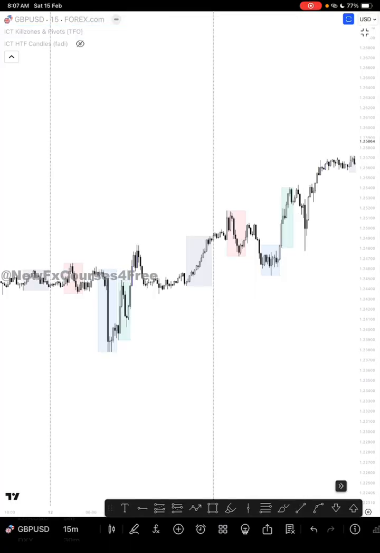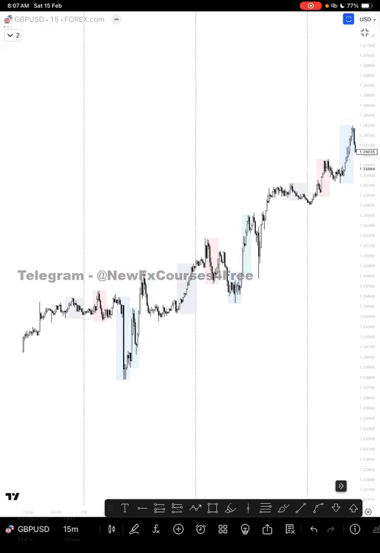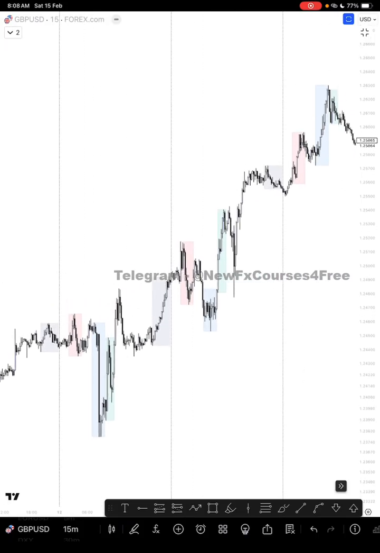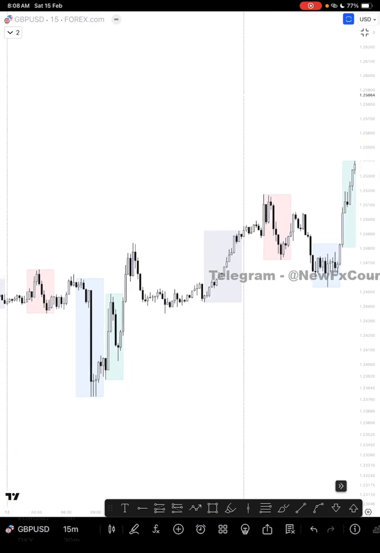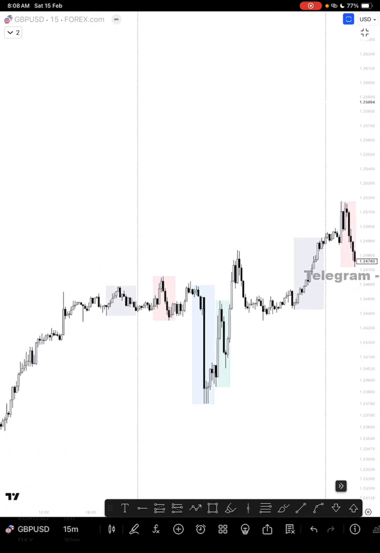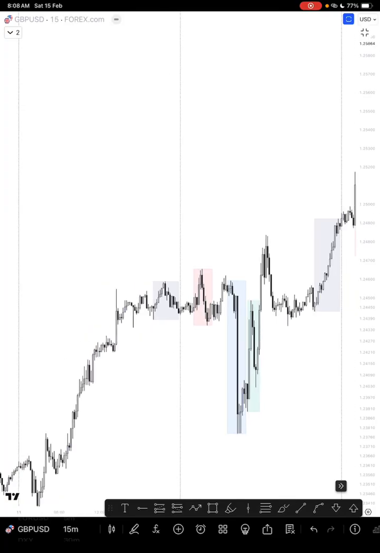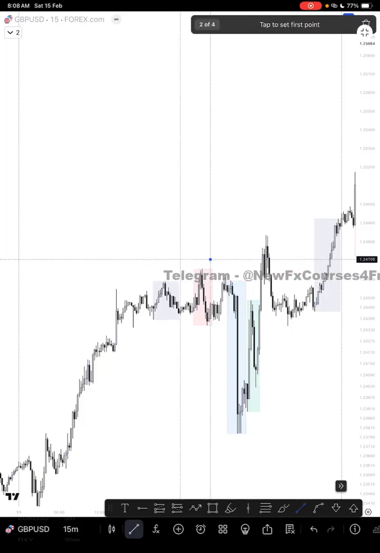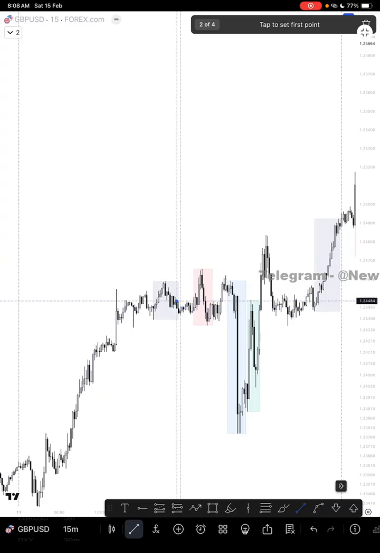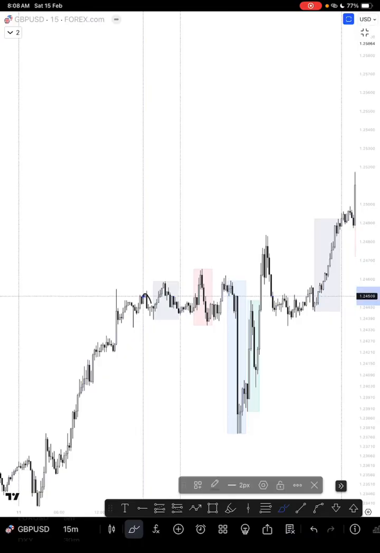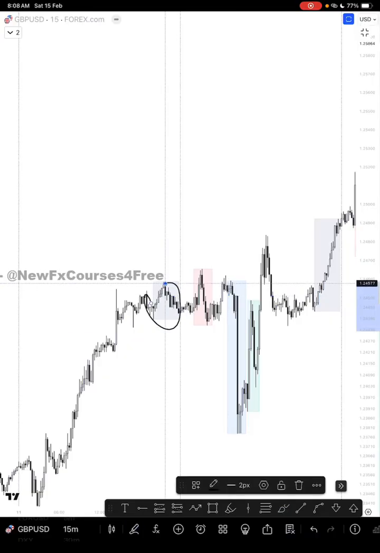So here, let me start with yesterday's price action. Let me start with these 3 last price action. So you can actually see the normal intraday profile here. London opens. This was Asian session range. This range is Asian session range. So London opens,